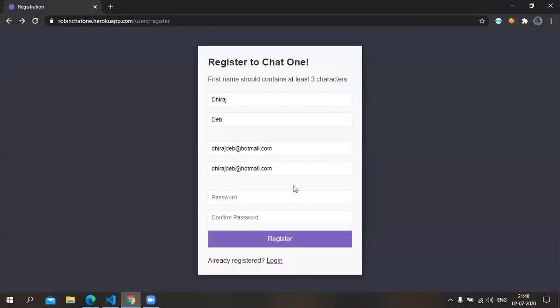So let's put the password. Also, let me show you one more thing. The user can give whatever email ID he wants, so the email should be exactly the same, and the password should be exactly the same.